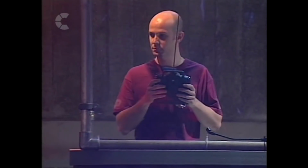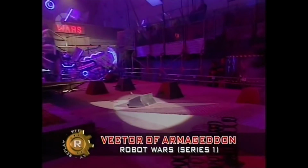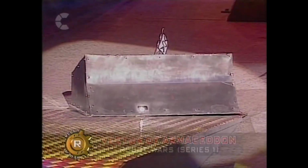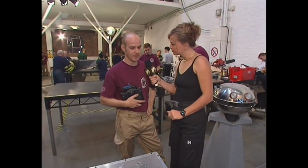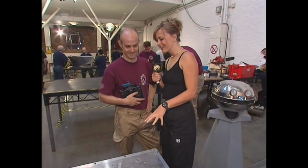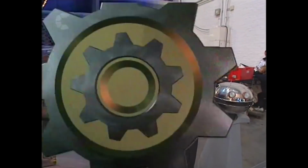Corporal Punishment, with Adam Clark, once a weirdy beardy who's been here before with a featherweight. And stuck on that second ramp. Only a ground clearance of 1 millimetre, and I think that's costing him here. You haven't got much clearance on this, so is that going to make the ramp difficult? After the last war, we don't do ramps. Okay. And also, it's quite wide, so is that going to make the ram rig difficult? It could be, I think, yeah, but we'll see how we squeeze through there. 3, 2, 1,